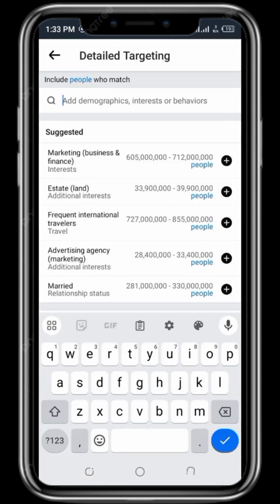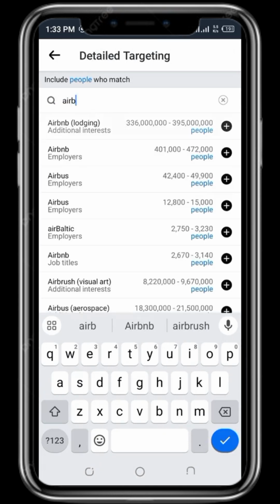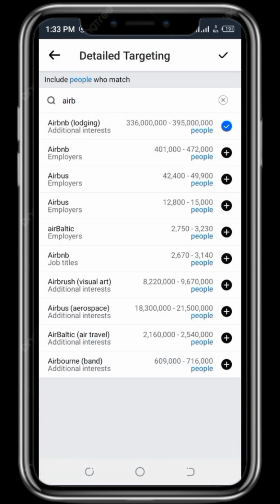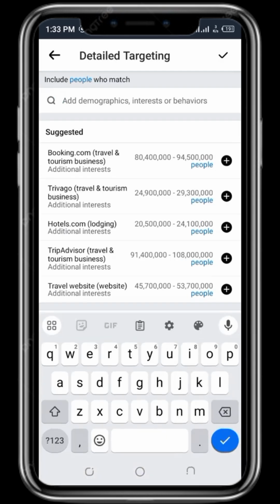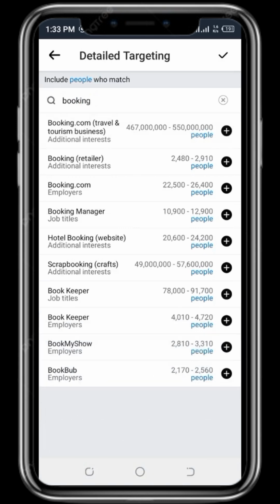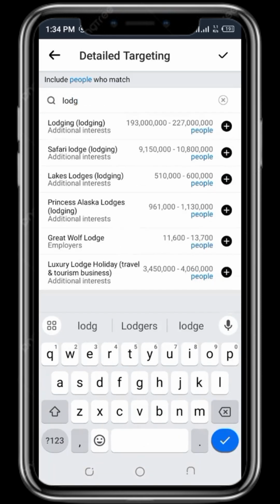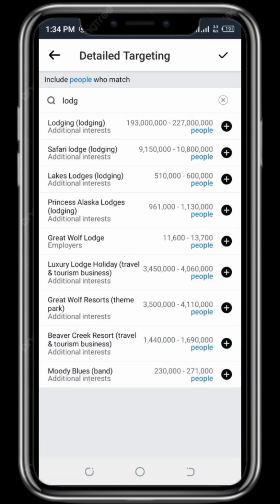First of all, you have to select the people who match the interest, whose interest matches what you're advertising. The first thing I need to do is to select those people who like pages and websites that match the interest of people who may have the same interest in what I'm advertising. So here I'm running an ad for a service apartment. So I'm selecting Airbnb, Booking.com,